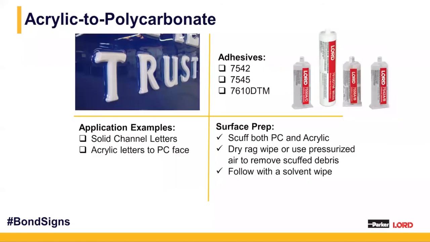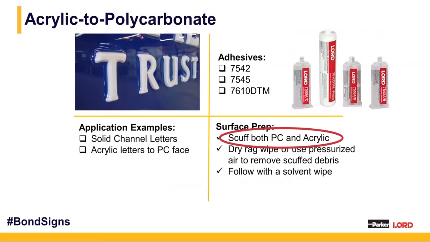The 7610 DTM is not as strong as the 7542 and the 7545, but it can be used as a lower cost option when you don't need a lot of strength or you just want to seal. There can be a lot of variability between manufacturers for both polycarb and acrylic, including the type of paint and color that's used. So to reduce that variability, we strongly recommend that you scuff all polycarb and all acrylic parts